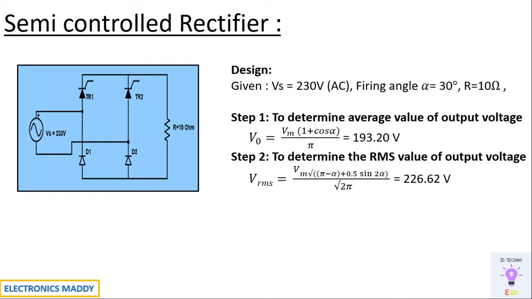So how do we justify we will be getting the right output after the simulation? We have to check the RMS value of output voltage and average value of output voltage, cross verify with our theoretical results, and also check how the output waveform is. So let's go to PSIM and start our simulation.